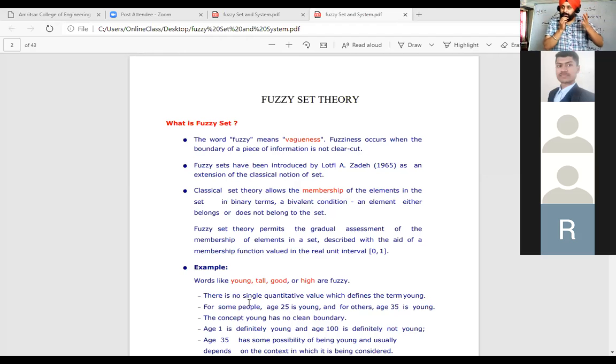So this has to be dealt with the help of some degree. We have to apply some degree to that particular member, and it is done with the help of fuzzy set theory. But in a classical set theory, if we say tall, there is no definition of tall, so how much tall you cannot say. These are the things which are not represented in a classical set theory, but they are represented in a fuzzy set theory. Like young, we can have a degree with the young. Tall, how much degree of tall is there? So this is about the fuzzy set theory.